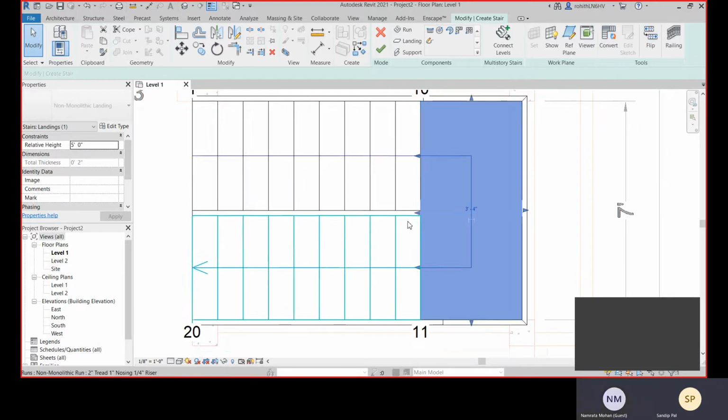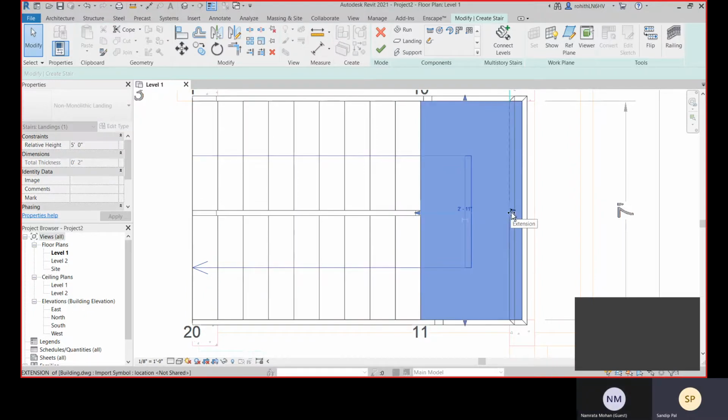For that, you see, we have created it by this system, so that is not created by sketch. If you want to convert it into sketch, you will get this edit sketch option, and then you have to convert it to sketch based. All right, so now we also have these arrows. Generally why we are getting this much length or width for this landing is because in the default condition the landing width is set according to the run width. So you can change it after that as well.